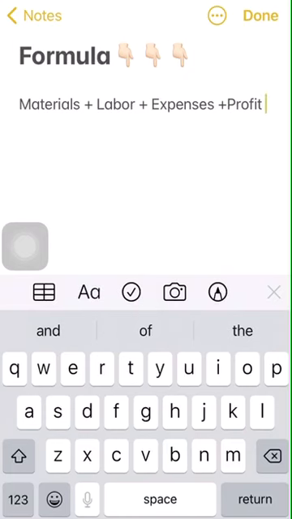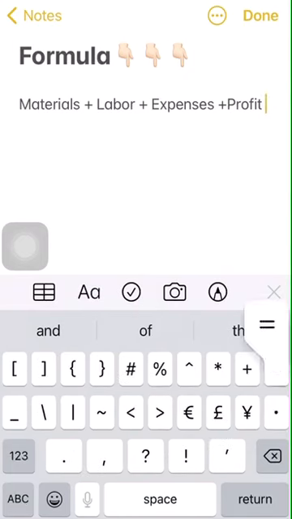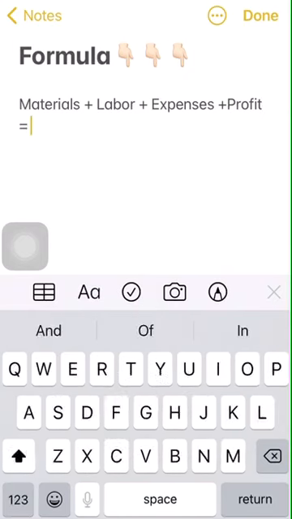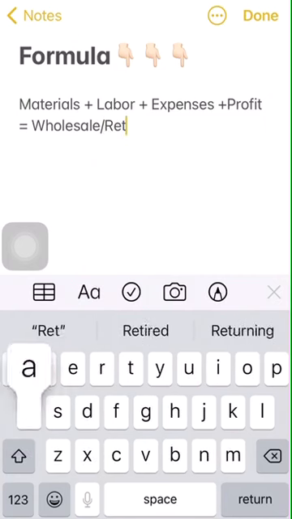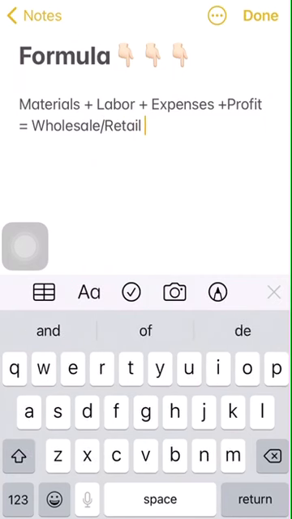So that will be equal to the wholesale and the retail. So the cost of materials, labor, expenses and profit will determine the wholesale or the retail